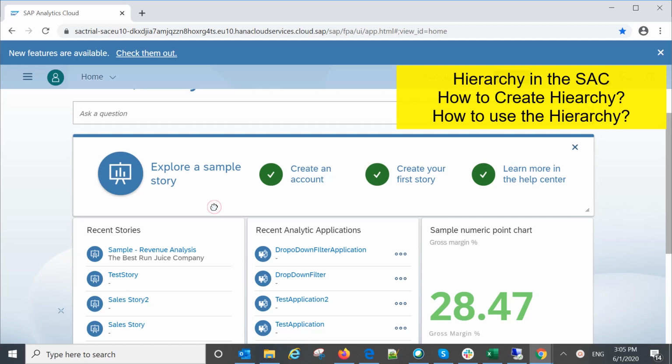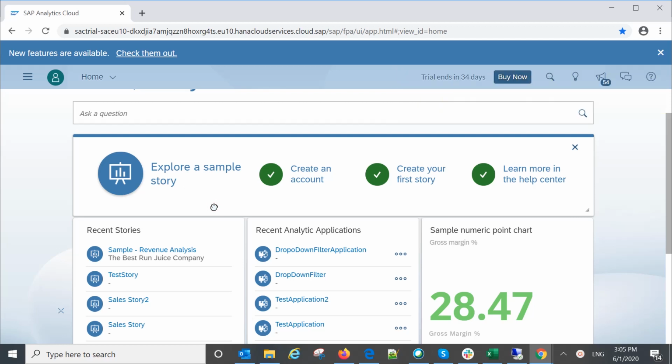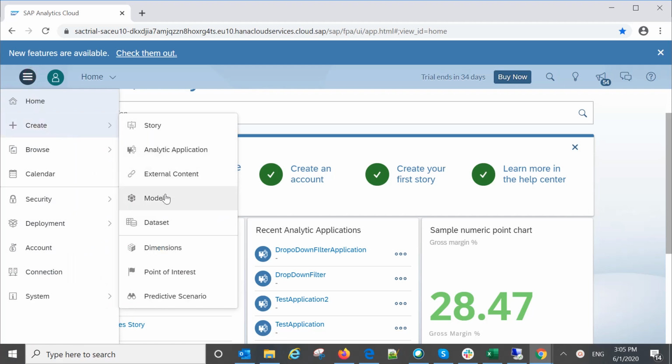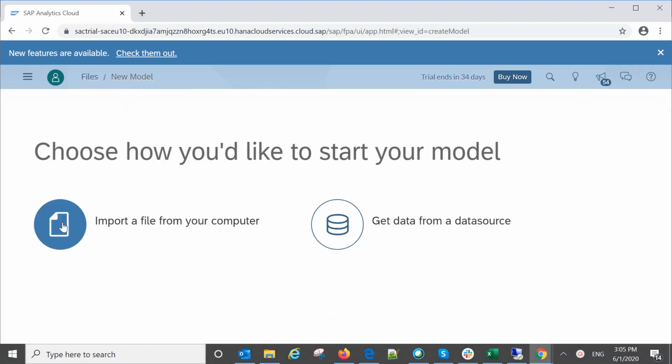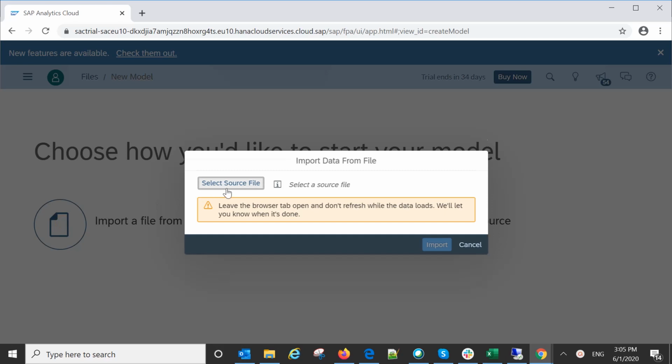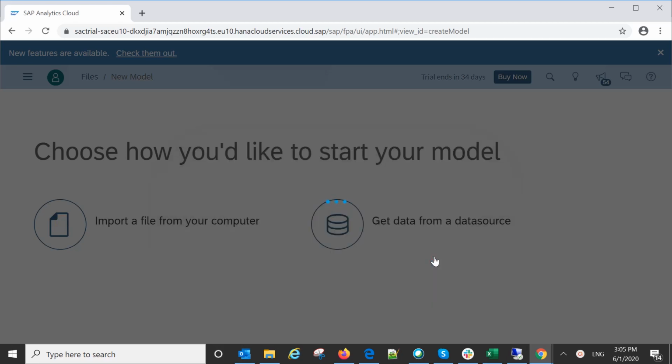In this video, we will see how to create hierarchies in the model and how to use these hierarchies in the stories that we are going to build. So let's create one model first, where we will be selecting one Excel file. I'm just importing this Excel file, which has some sales related data, and we will be creating a hierarchy